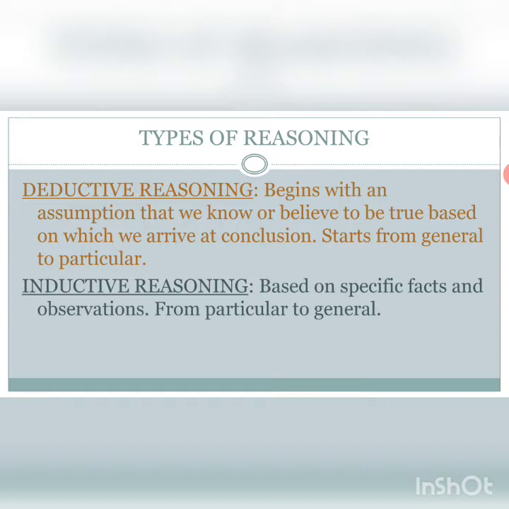Now, for an example here, you enter a house and you find that the chairs in the living room are red. Then you move to the dining area and the chairs in the dining area are also red. On the basis of this experience, you come to the conclusion that all the chairs in the house are red. So this is a generalized assumption about the situation that you are in, and this comes under inductive reasoning. I hope it's clear.